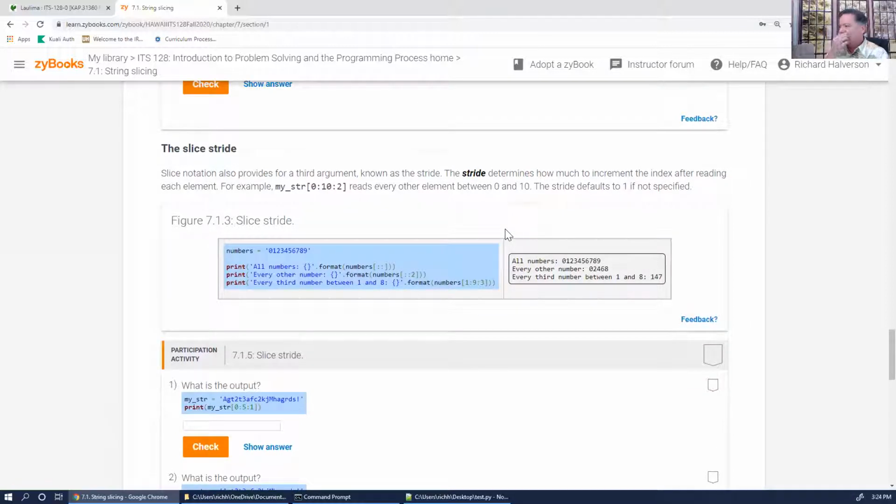And then there's this thing called the stride. There's actually a third parameter which defaults to 1, but when you give a boundary like in this case, you're going from 0 to 9, up to and including 9 but not 10, and you're skipping every other one. See, so that's a way of